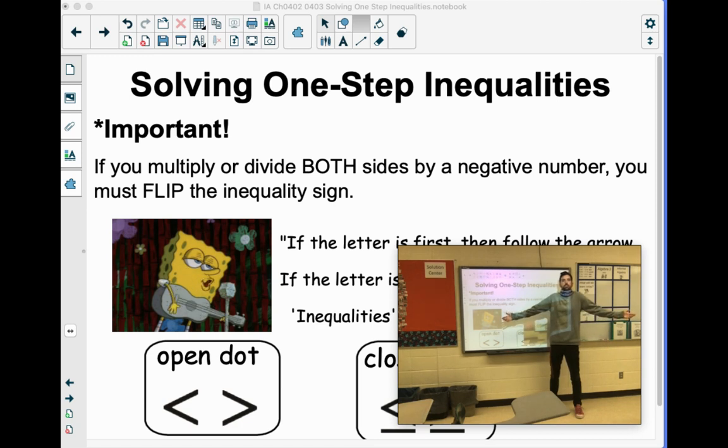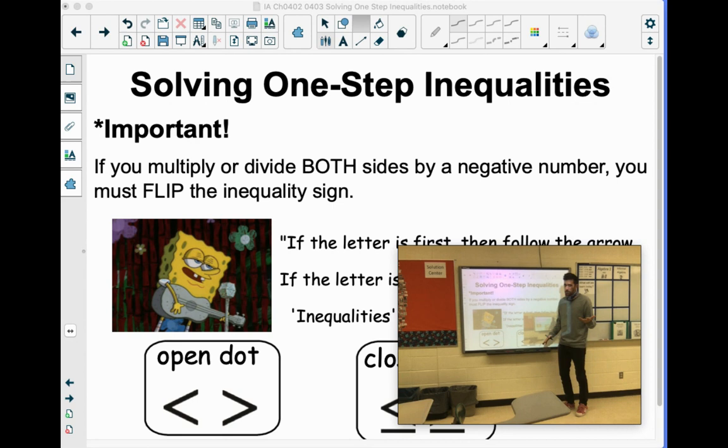Dude, let's solve some one-step inequalities. Sound good? Okay, now you've solved one-step equations, you solved multi-step equations. Now we're getting into the inequality game, which instead of x equals 7, you're going to get stuff like x